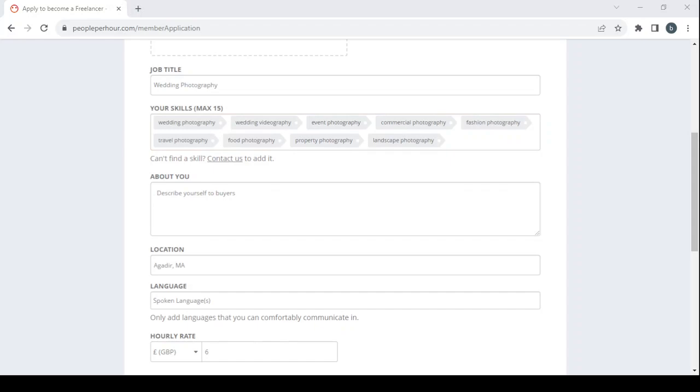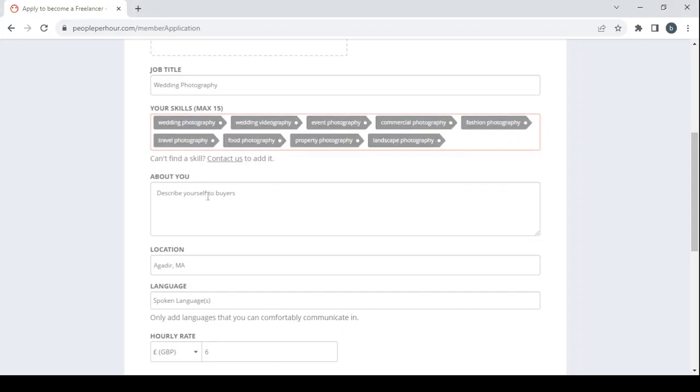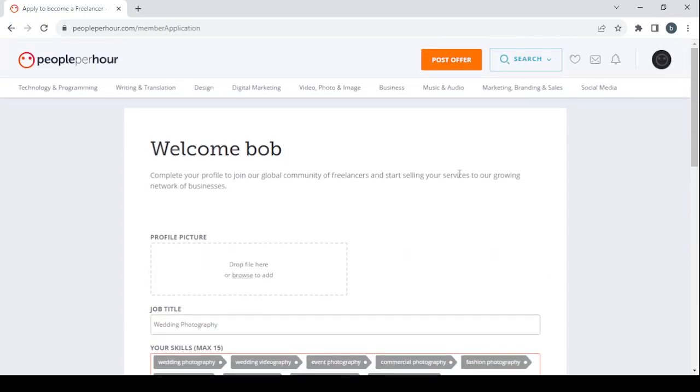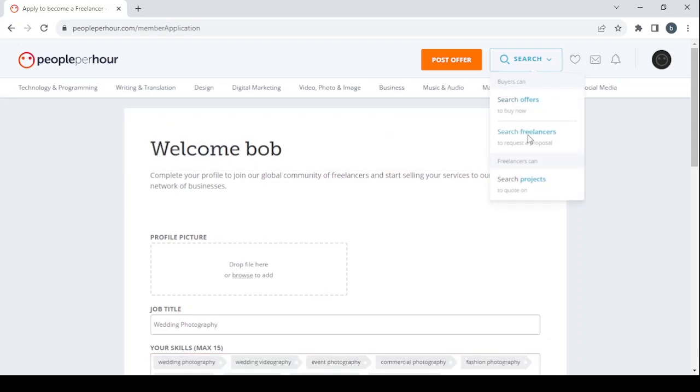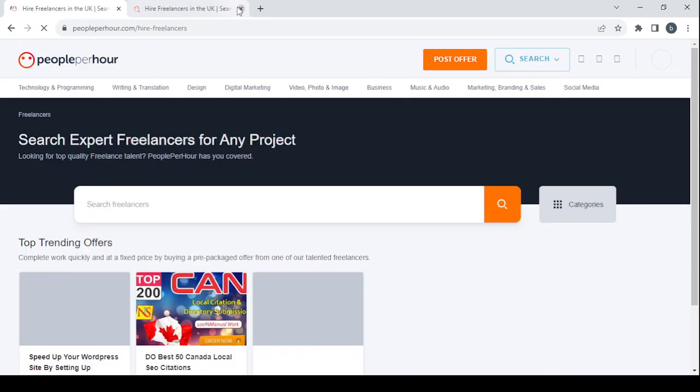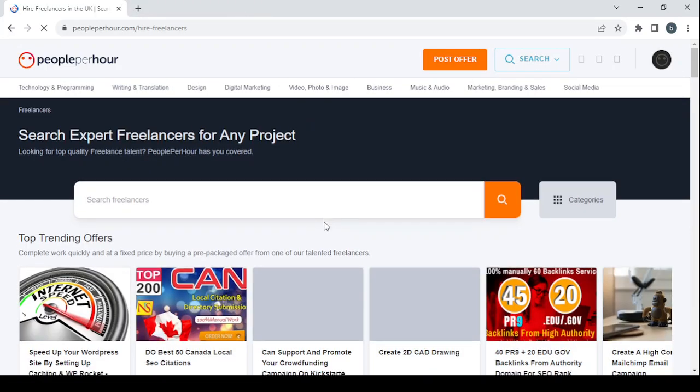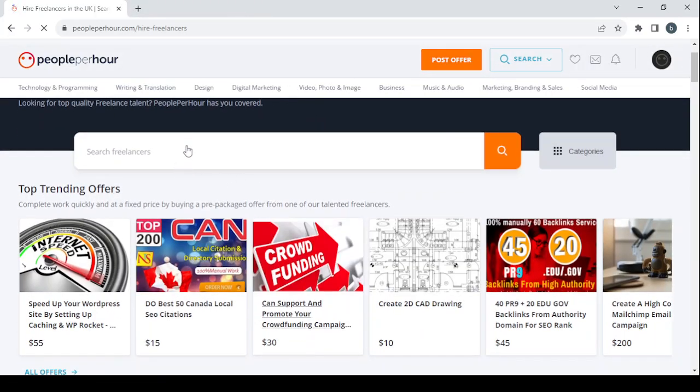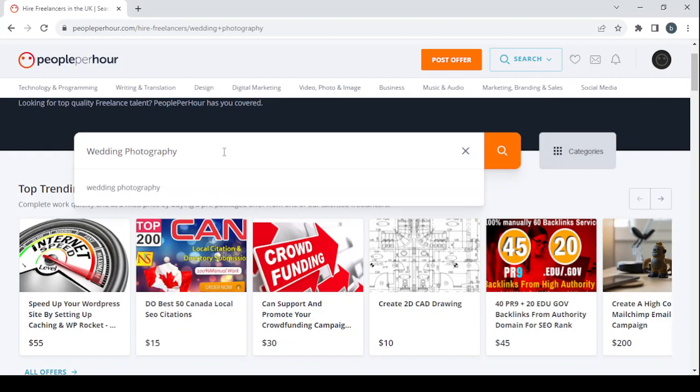So here you describe yourself to buyers. And guys, in order to make a decent description for your profile, I advise you to go to the search and search again for your competitors. See how they are talking about their skills, check their description. So here I'm going to show you how you can do that. It's selected within photography. Click on the search,